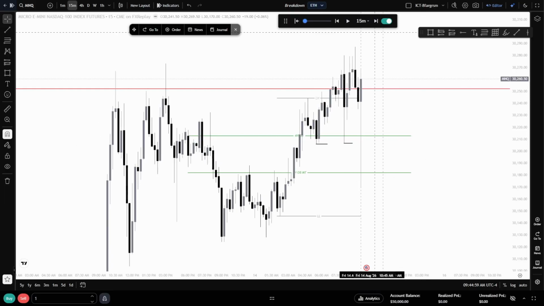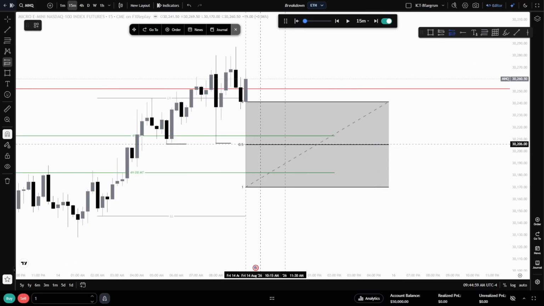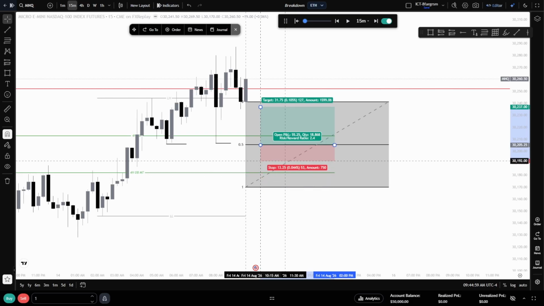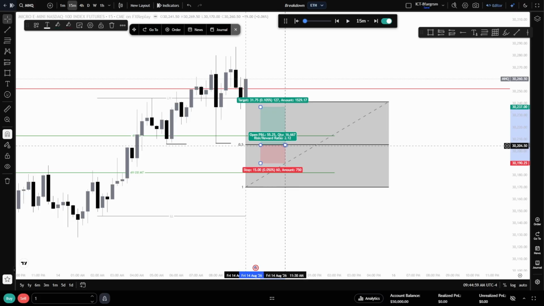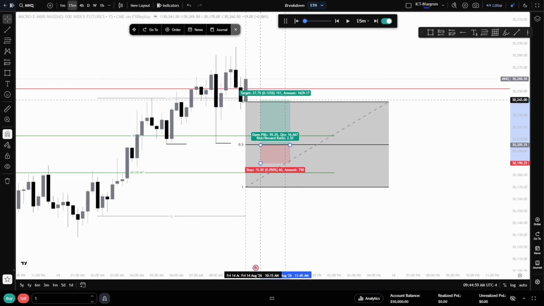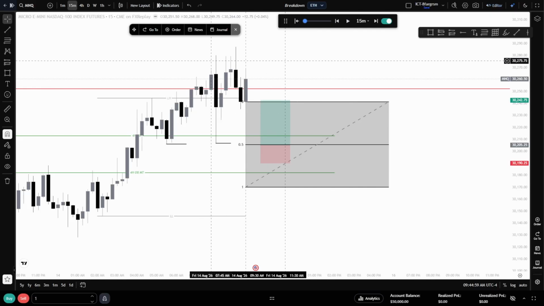So coming into open, price wicked into this order block main threshold level on the 4-hour, and I used this rejection block, placed the entry here at the consequent encroachment, stop loss at about 15 ticks, and we targeted a 1 to 2.5, which it did go for 1 to 3, leaving a runner, but that was just me being optimistic of reaching for these highs.